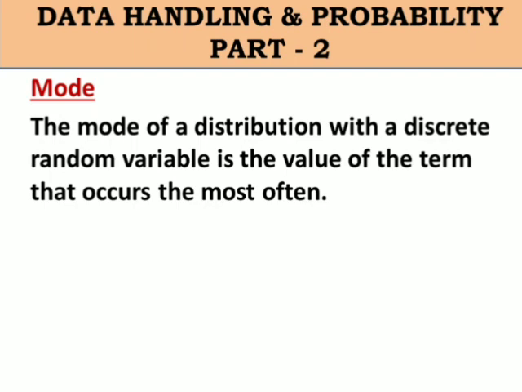Yes, mode is another important representative value. The mode is the data item that occurs most often in a set of data. No calculation is required to find the mode. You will have to sort the data first and then you count to find the value that appears most often. If a data set has no number which is repeated, then there is no mode for the data set. And remember, there may be more than two modes for a data set.